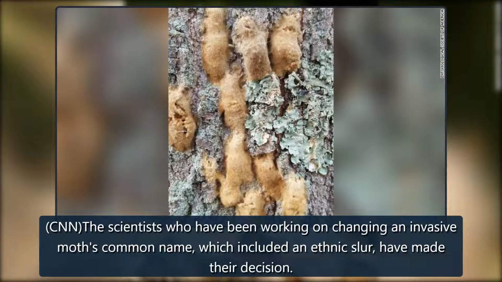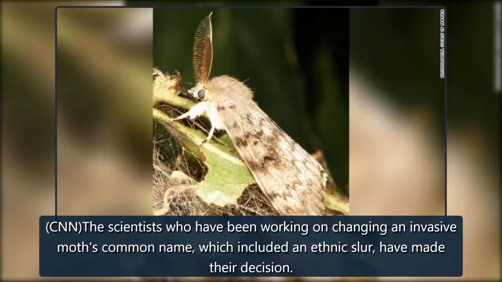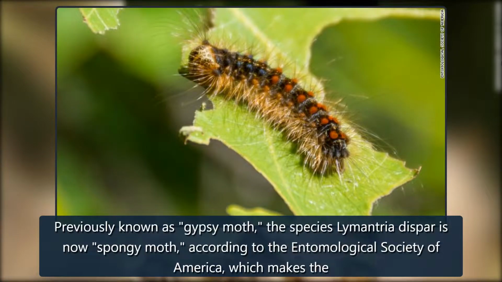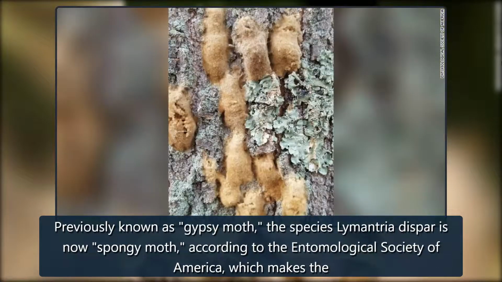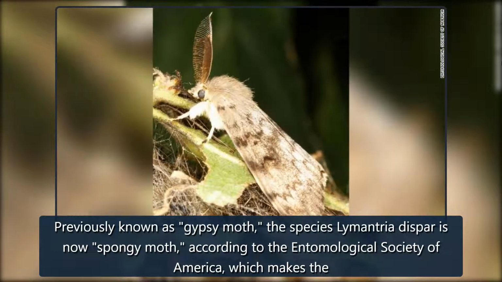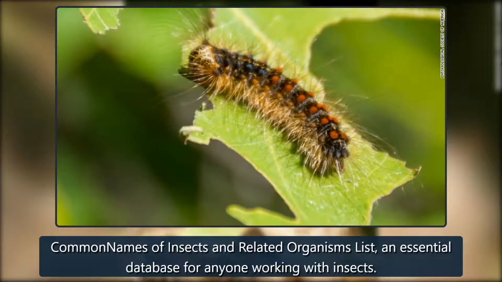CNN. The scientists who have been working on changing an invasive moth's common name, which included an ethnic slur, have made their decision. Previously known as gypsy moth, the species Lymantria dispar is now spongy moth, according to the Entomological Society of America, which makes the Common Names of Insects and Related Organisms list, an essential database for anyone working